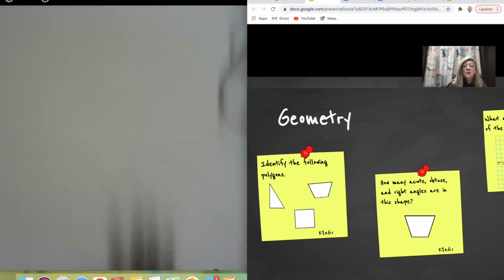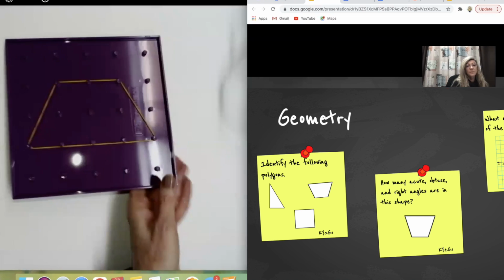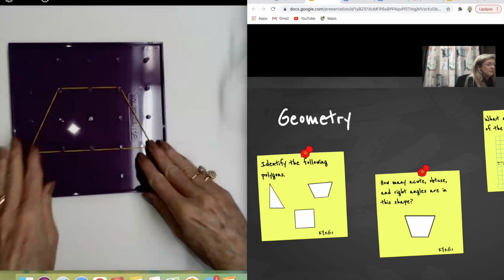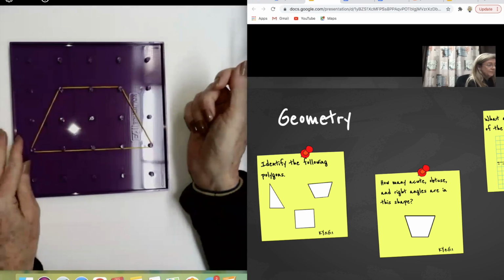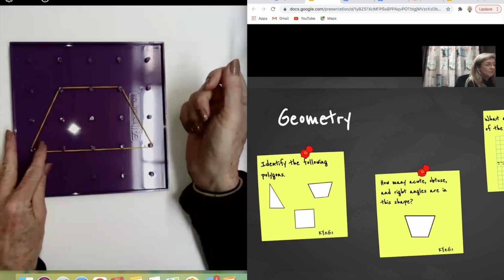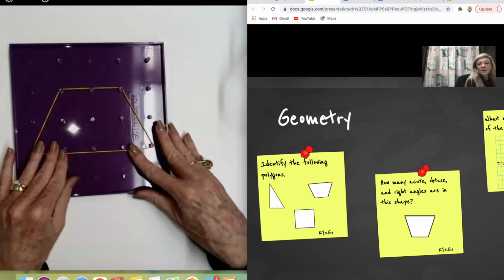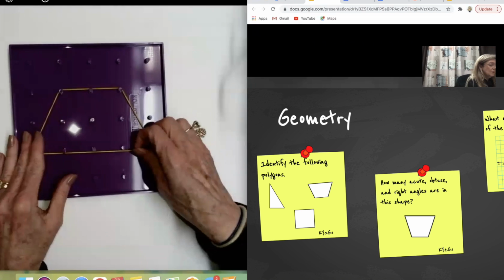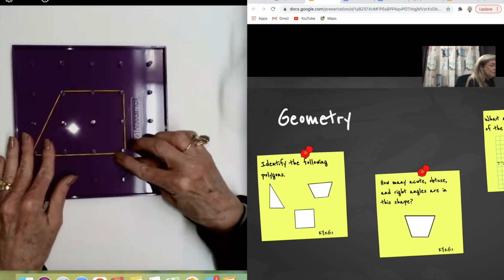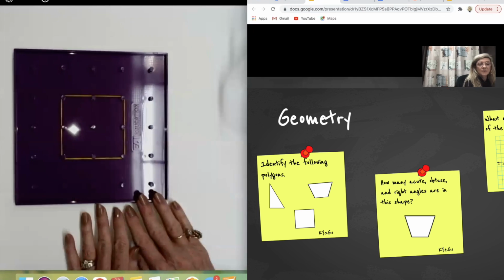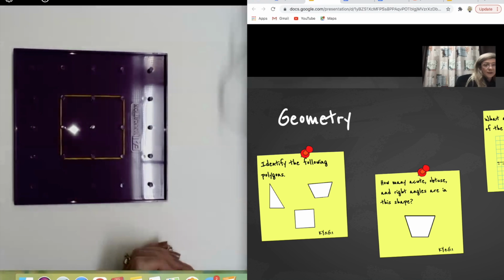Okay, while you're doing that, you could pull out your geoboard and have them make those shapes. We all know that if they're using their hands and making shapes with these tools, they're going to remember it better. It's going to become a nice memory for them. I've already got my trapezoid built here, but you could have the kids turn that trapezoid into a square. When they turn it into a square, they have to make sure that all sides are equal and the angles are right angles.